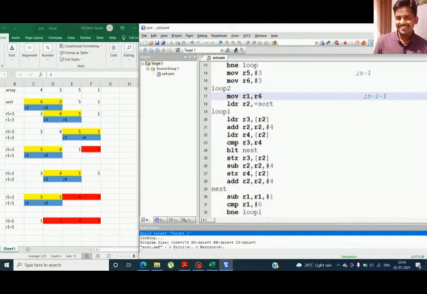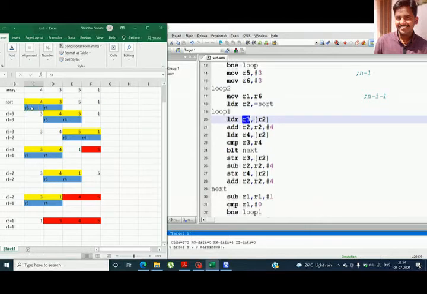Now let's start the program. I'm copying the base address into R2, and I'm taking the first value into the register R3. R2 is pointing to the base address, and I'm copying the first value into the register R3. You can see it mentioned here.